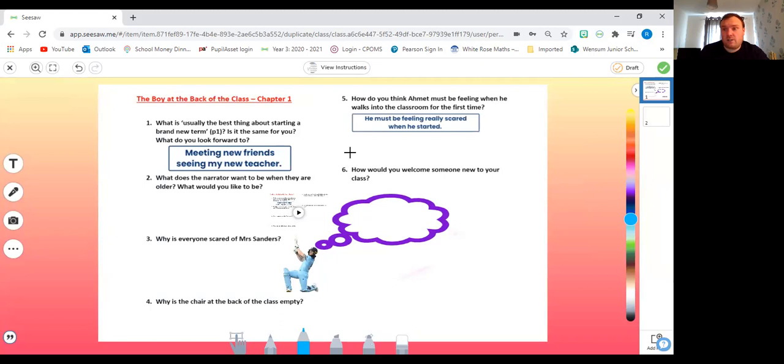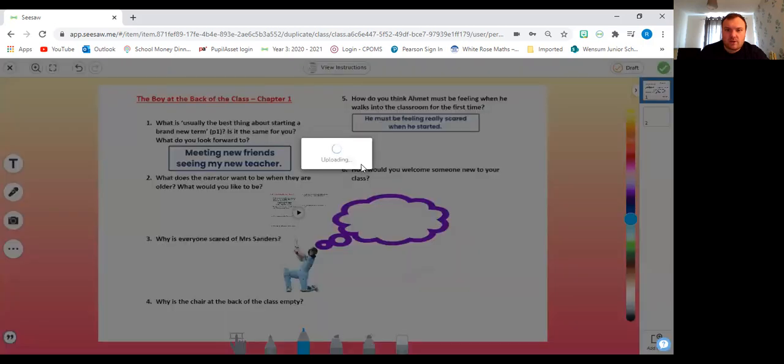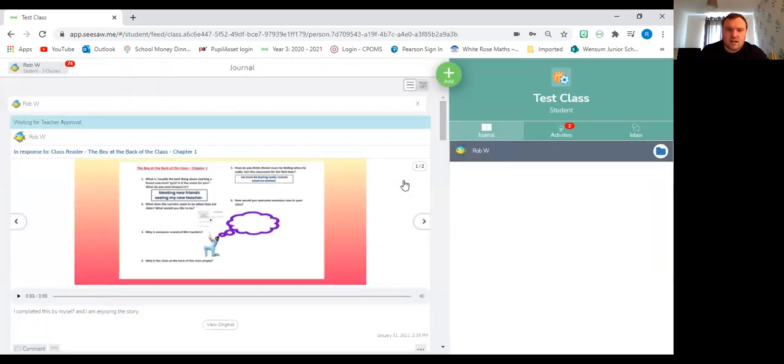The final thing you need to do is submit your work to your teacher. That's the easiest bit to do, but it's also the easiest thing to forget sometimes. The green button at the top here is our check. This means you're going to send it to be checked by your teacher. If you just click it once, it will start uploading. That work now appears in my journal, but it will say here, waiting for teacher approval. That's now been sent to the class, and one of the teachers in the class will pick that up and